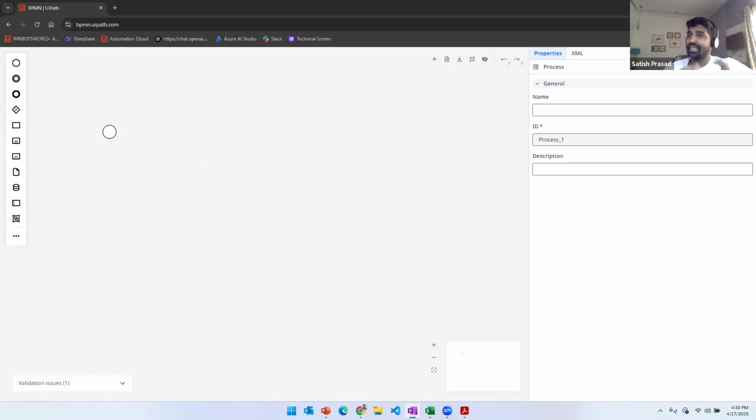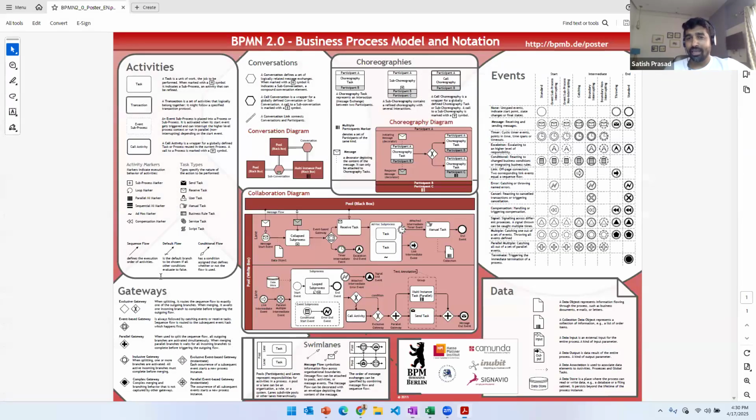I will not be able to cover the entire concept of BPMN here because that is beyond the scope of this webinar, and it is a subject in itself, right? So I'll quickly present one PDF, and this is a very good explanation of what BPMN process modeling and notation looks like. Anybody who is interested in understanding more about BPMN should follow this cheat sheet, a PDF that will help you understand the entire BPMN terminology.